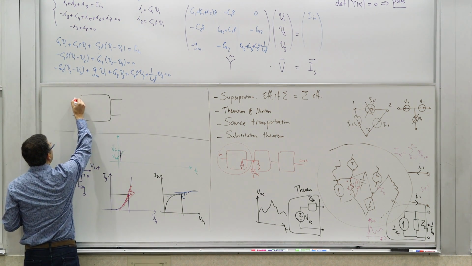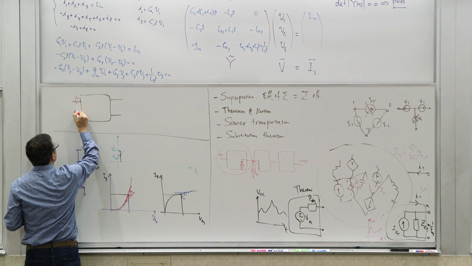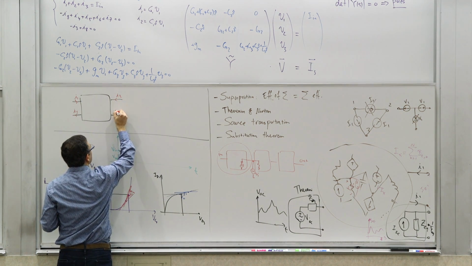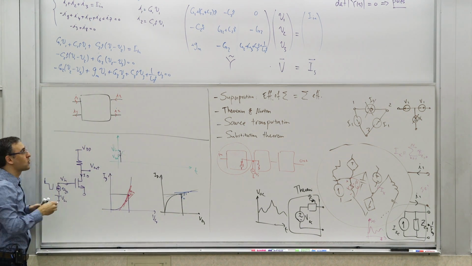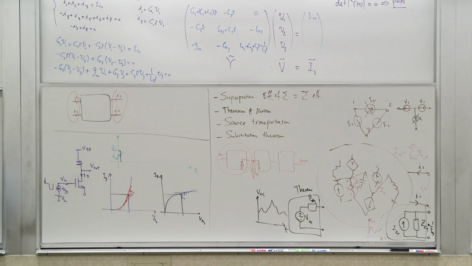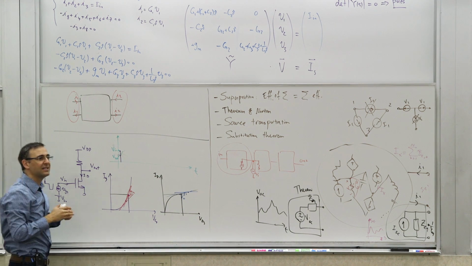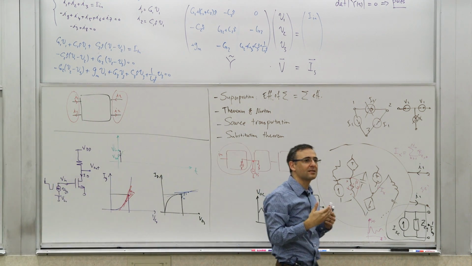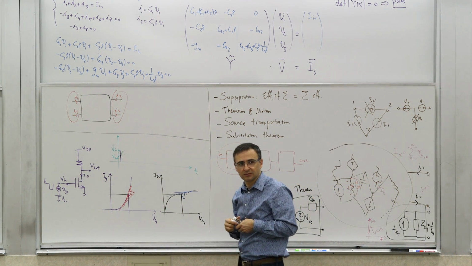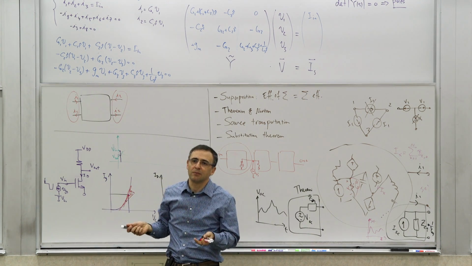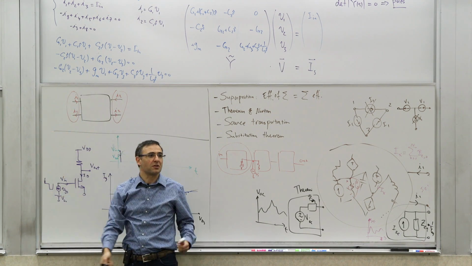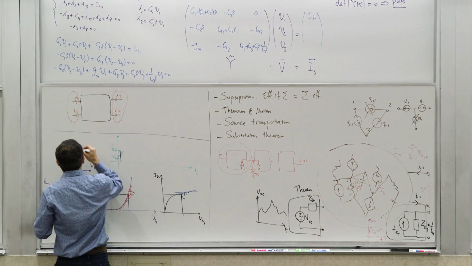Well, this current has to be identically equal to that current. And this current has to be identically equal to that current. So for this to be a port, this is the condition you need to satisfy. And if that condition is satisfied, then you can write a certain set of equations. You can simplify this into a 2-by-2 matrix representation. So you can, for example, and there are different ways to do this, start with currents as stimuli and measure the voltages, and that would produce the Z